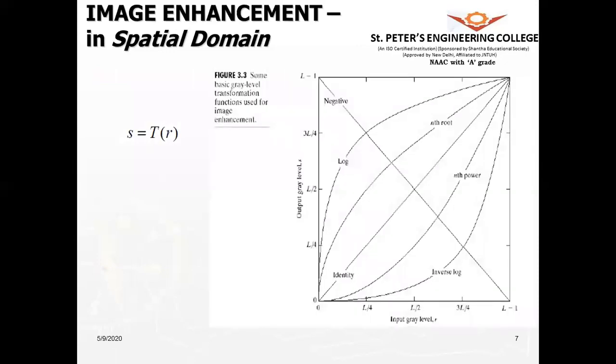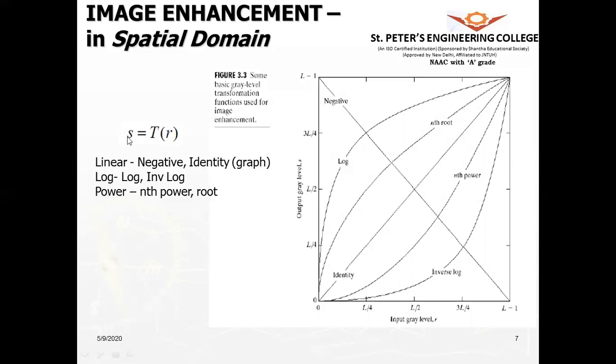We will look into it more thoroughly here. If you look at the intensity, the gray level transformation, what are the different operations you can have from this equation? There can be a straight linear input output relationship where you will get an identity line like this, or there can be an inverse, that is a negative line like this, or they can be a logarithmic, or the nth root, or the nth power, and inverse log. So these are the different operations you can perform using this equation.